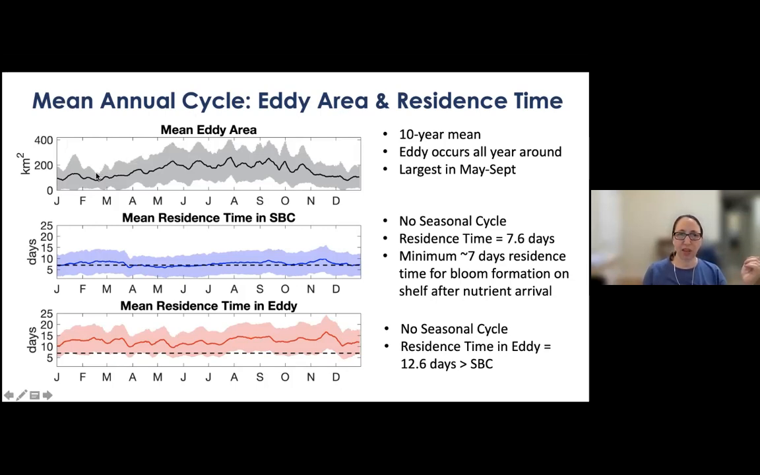So the eddy area was very variable, and the eddy was a bit larger in the summer and early fall, but the seasonal cycle definitely did not correlate with chlorophyll or nitrate or any of the other parameters that we saw. And also these really large, so this is the average plus 1 standard deviation. And so there's actually a lot of variability. So even though this is an average